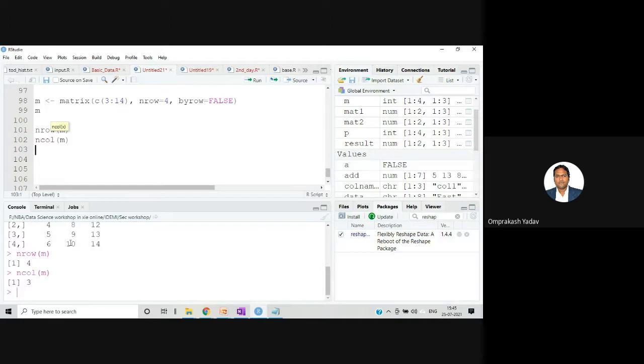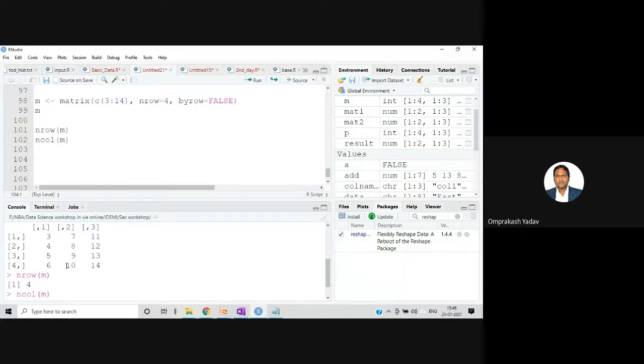Now if you see, these values are displayed, and by default the indexes are given like 1. So this is the first row, this is the second row, third row, and fourth row. For the column, the representation is like this: the first subscript will represent the row number, and the second part will represent the column number. So it's like first column, second column, and third column. But there is no specific name to the rows.